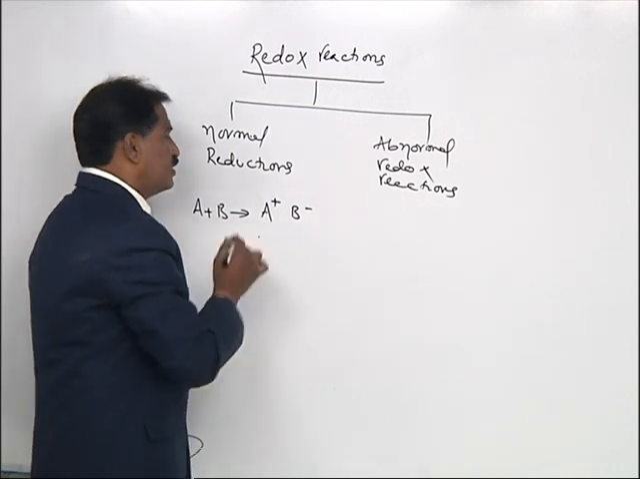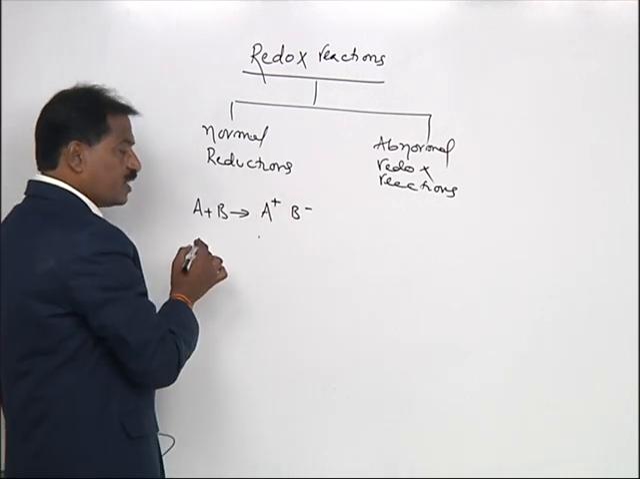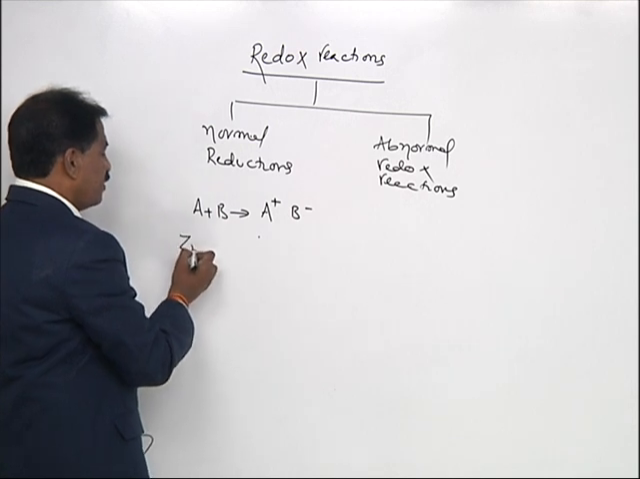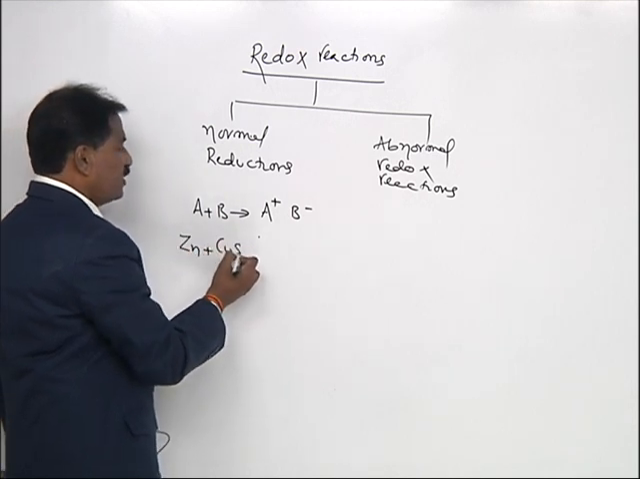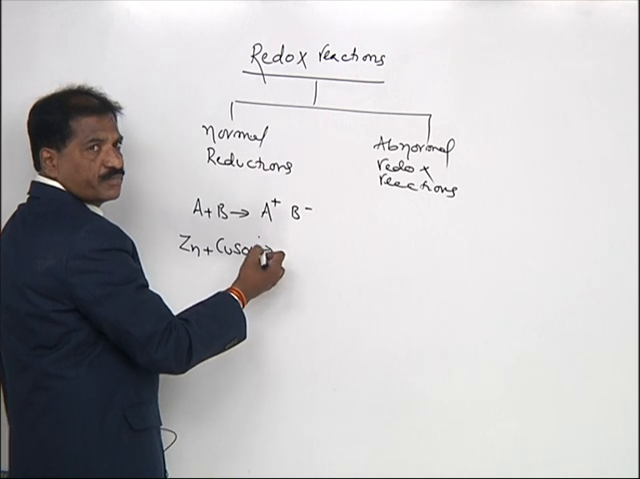Next, the example for this normal redox reaction is zinc, when zinc reacts with the copper sulfate,